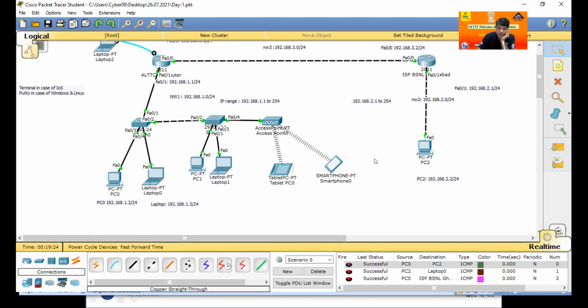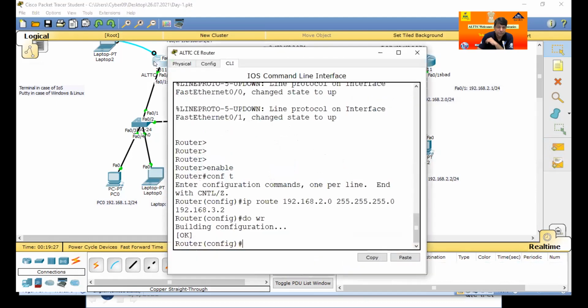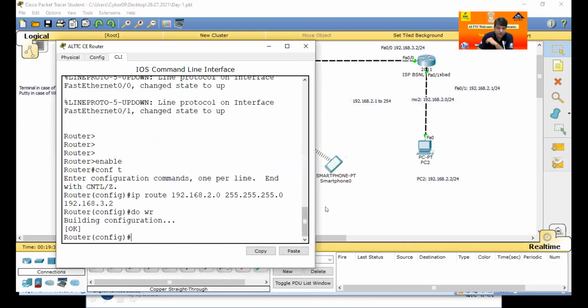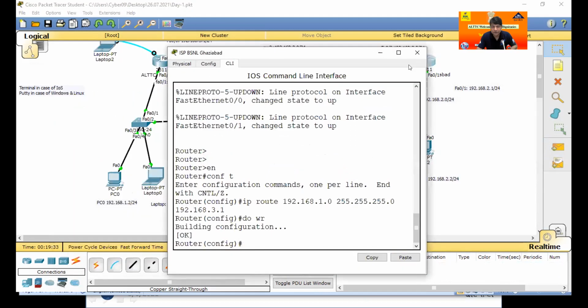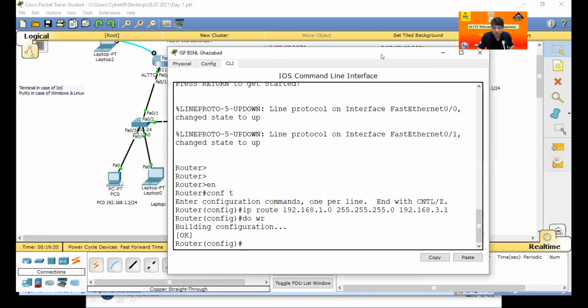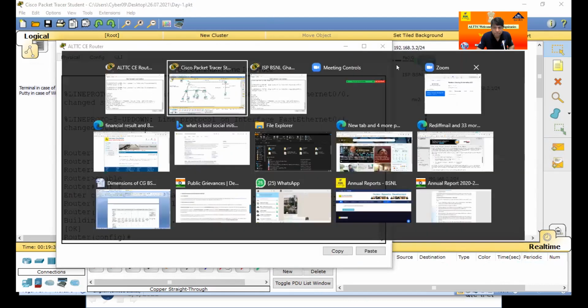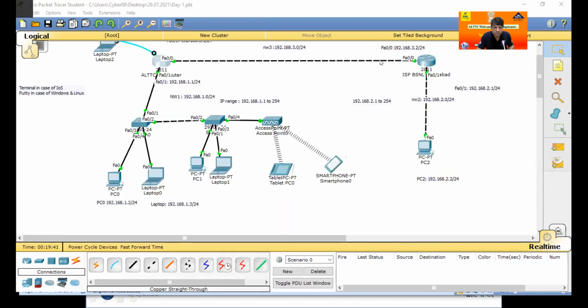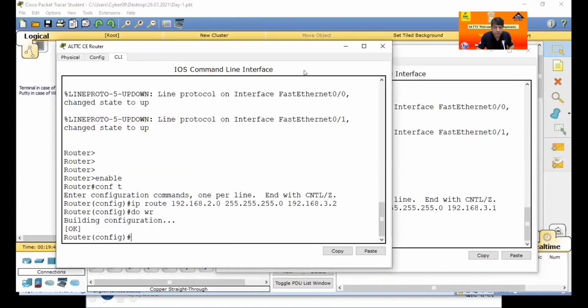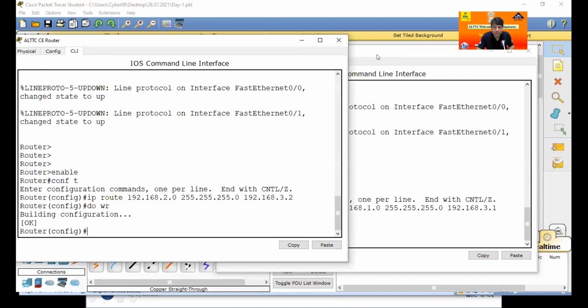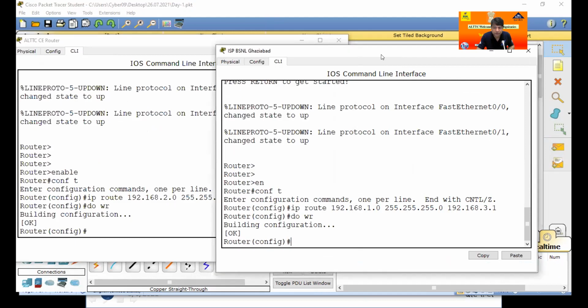Okay, successful. Now save this command in this ELTTC router. What is the command on your screen? In the same manner, the Ghaziabad router you can see here. Here is the command, this is the ELTTC, this is the other side.